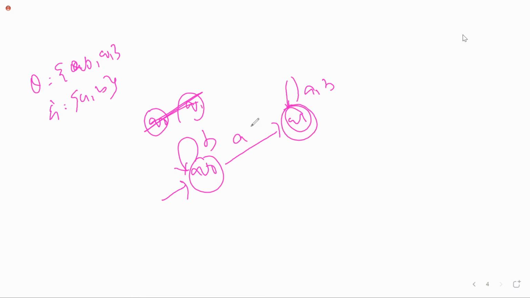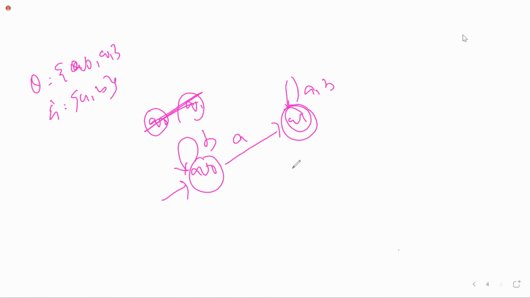What is DFA? See, every state has the transition on input symbol. Every state means Q0 has any input symbols possible, A, B. Q0 has transition on A, transition on B. Q1 also, we are having transition both on A and B. Is this DFA or not? Yes, ma'am, yes, it is DFA. What does NFA mean?